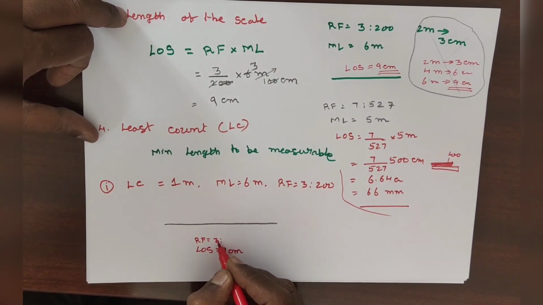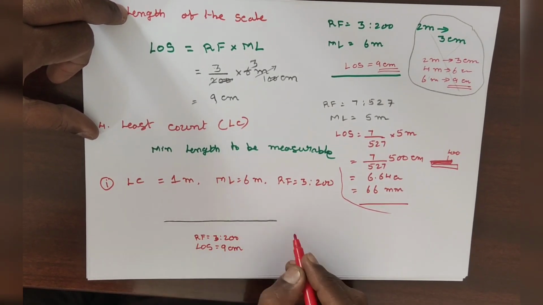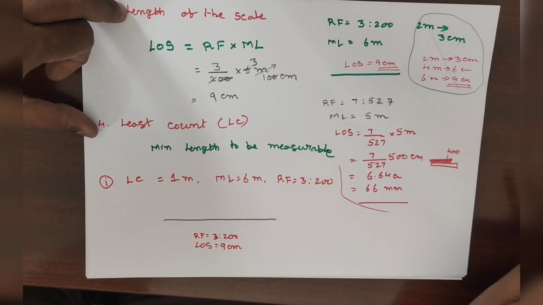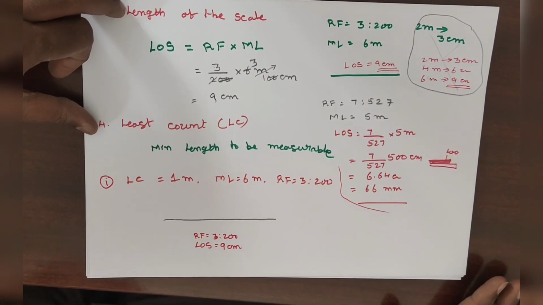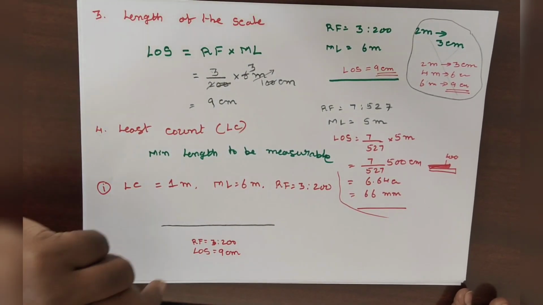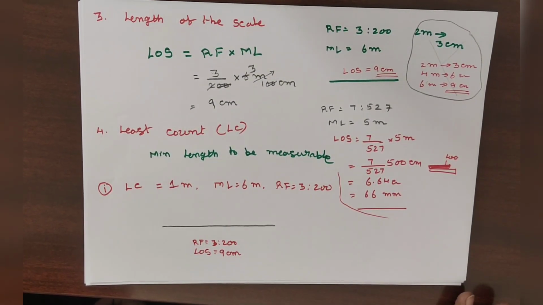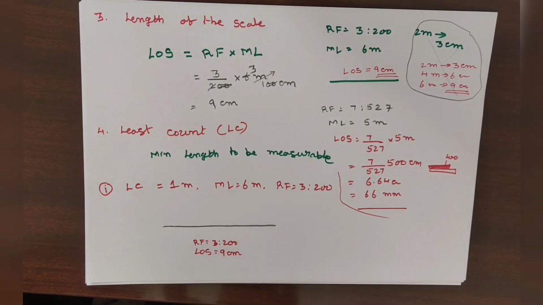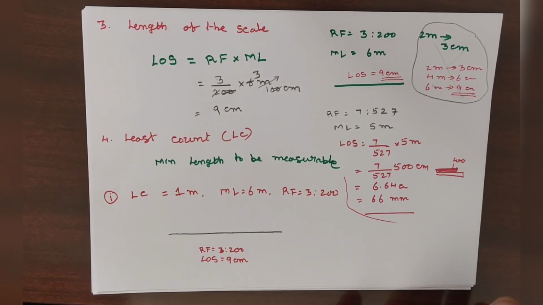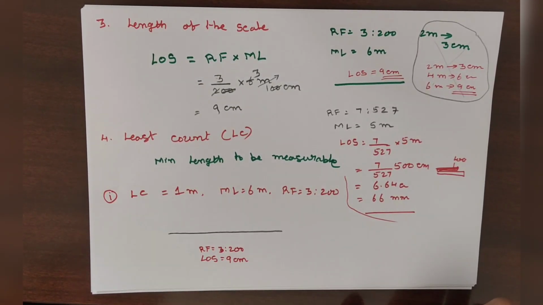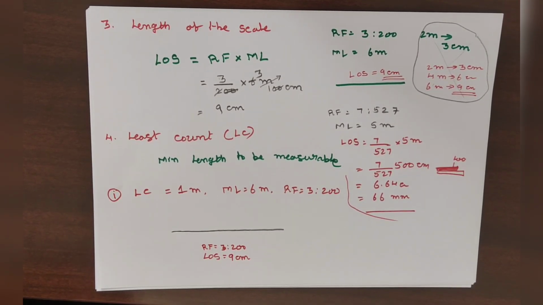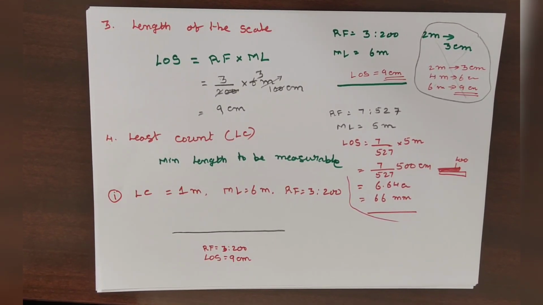When it becomes 6 meters, you have to write RF, the representative factor, equal to 3:200. Sir, now what will happen? What is this length? 6 meters. It is not 9 centimeters. Why will it become 6 meters? You are given the information that it is a reduced scale, because the numerator is less and the denominator is more. Reduced scale means that even though it is a 9 centimeter long line, it is not 9 centimeters, it is 6 meters. So from here to here is 6 meters. But I need 1 meter. Then what do I have to do?